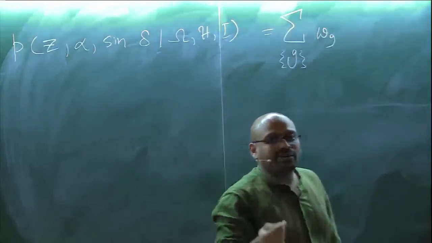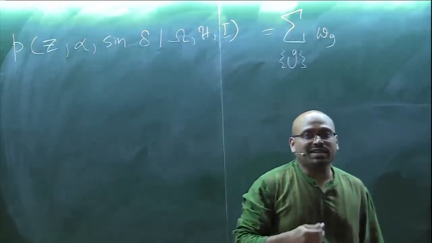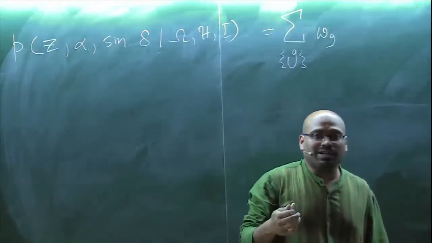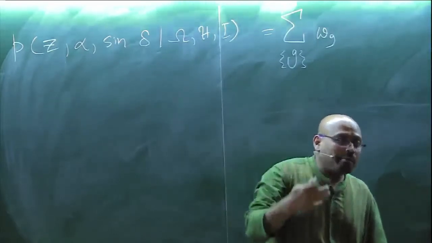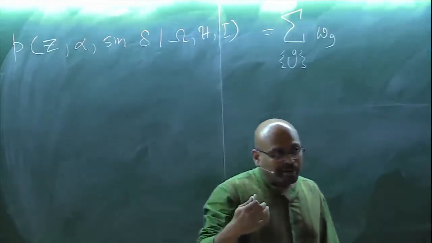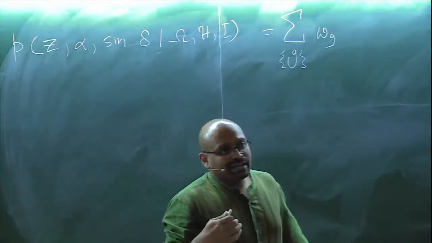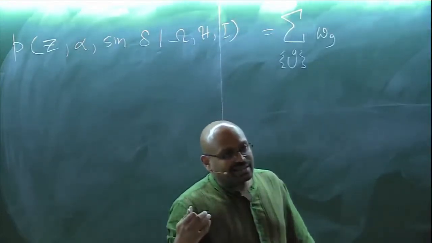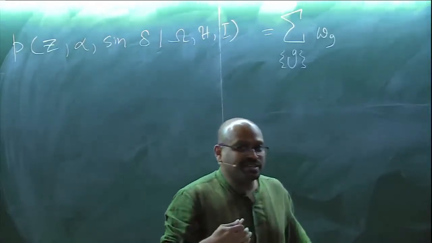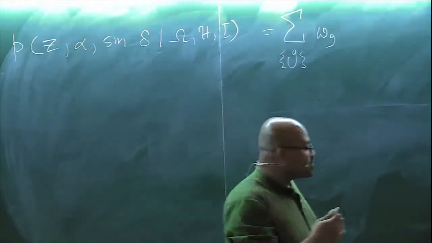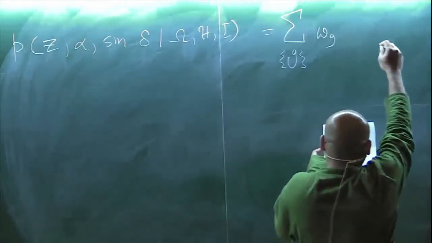For each particular galaxy, you can maybe associate a weight, because you might know that some galaxy might be a more probable host, some galaxy might be a less probable host. Maybe the brighter galaxies are more probable hosts. Maybe you know that some galaxies are dwarf galaxies, and some astrophysical mechanism says that dwarf galaxies are more probable hosts. So you assign a weight to each galaxy,